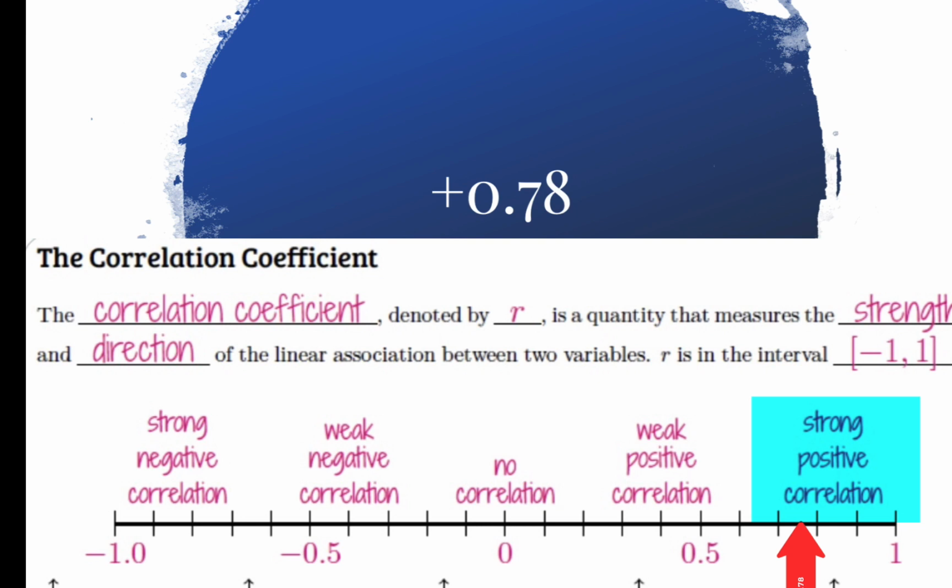That's almost a 1.0. So there's not very many things that are this related when you're talking about variables in the real world. So we know that it's going to be a number that's close to 0.9 or 0.8, and this is almost 0.8. So one example that could get you in the headspace of that would be height and weight,